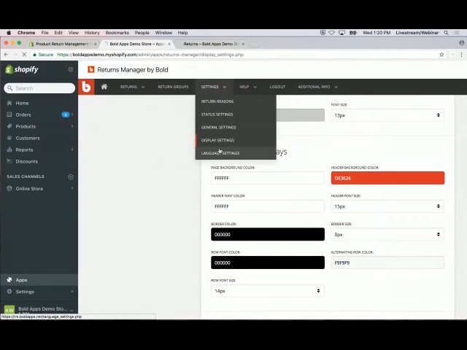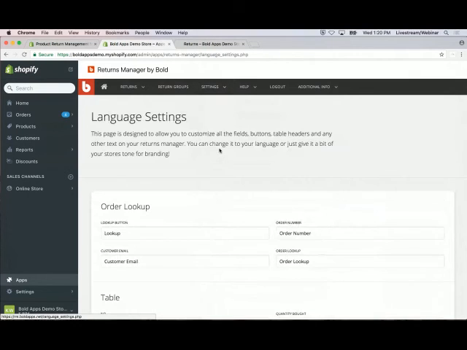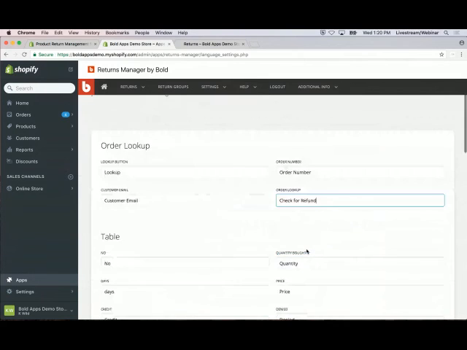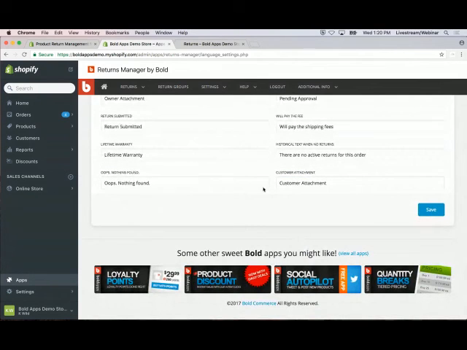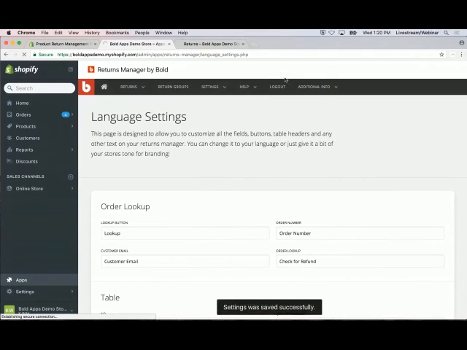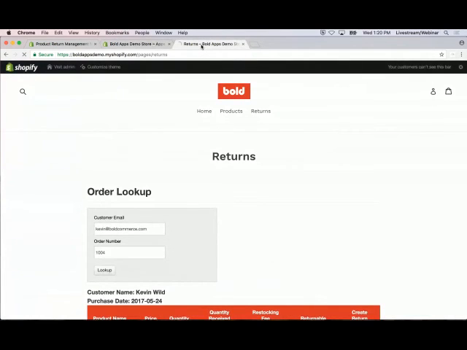As well, we have built-in language settings. Like any other Bold app, if you want to translate this app to a different language, or if you just want to put in a bit of your own slang, you have the ability to change the text. For example, I can go in and look up "check for refund," and I can scroll down. You can see we have a ton of different options to modify text. Click save, and